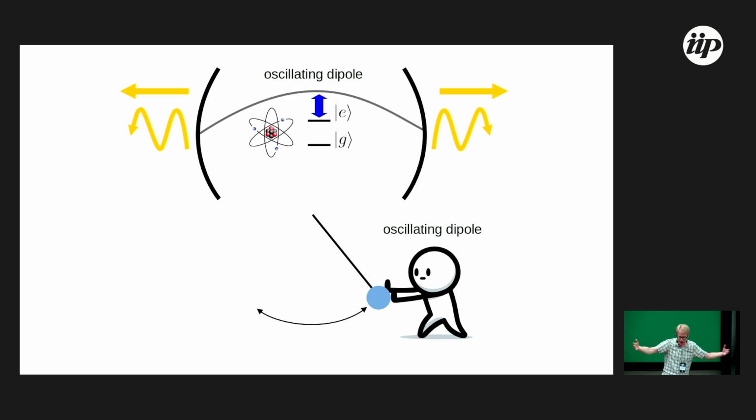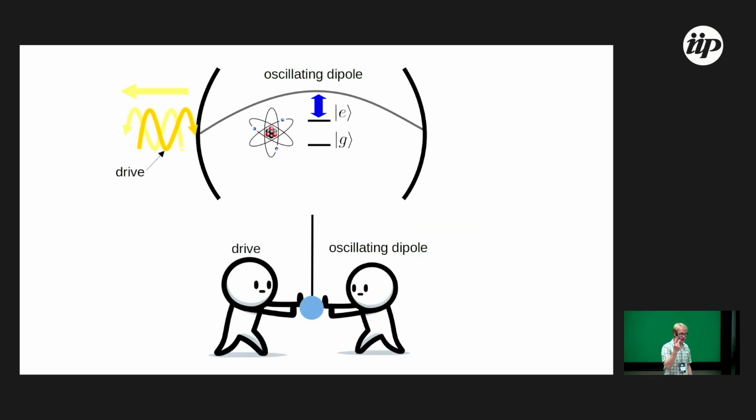But now if I have a pendulum and I have two forces that are equal and opposite, that act in phase with the same amplitude, then they can cancel exactly. Okay, so now imagine